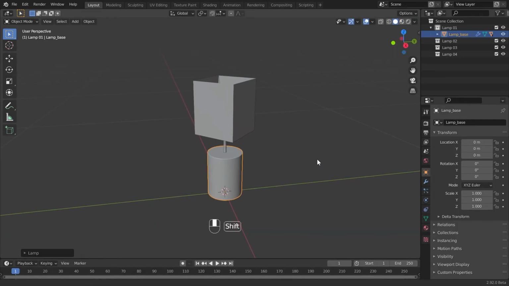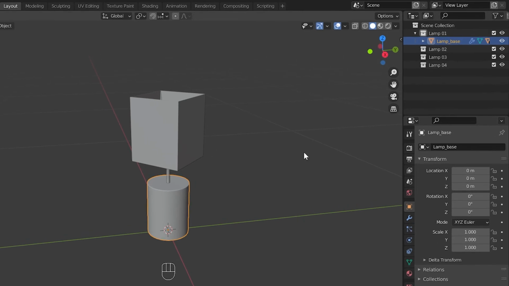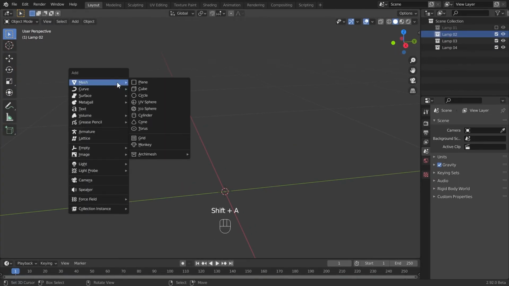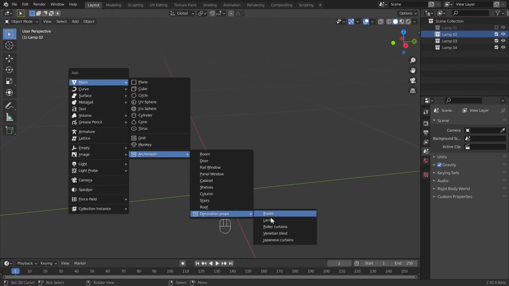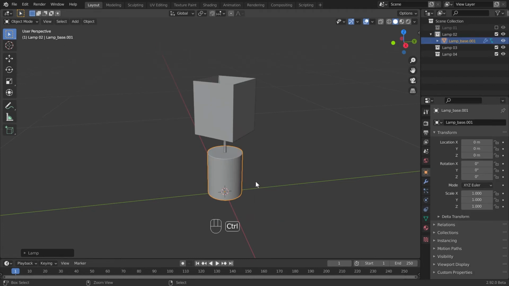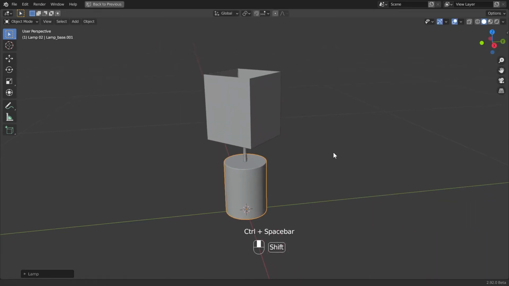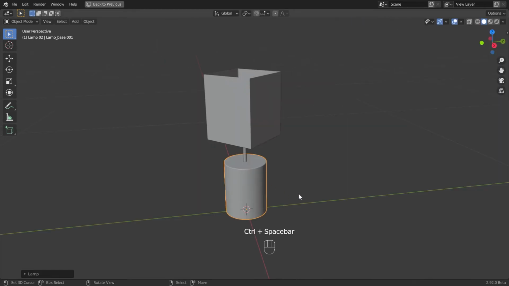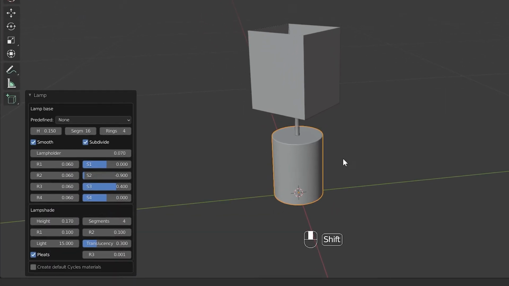To do this, first, disable the Lamp 1 collection and then select the Lamp 2 collection. Then, add the lamp object to this collection as before. This ArchMesh lamp object always gives the last lamp design we made from this. Because of that, you can see that the added lamp is the same lamp model that we prepared earlier. And always check that the selected collection is correct before adding the lamp object. Let us now give the values of lamp 2.